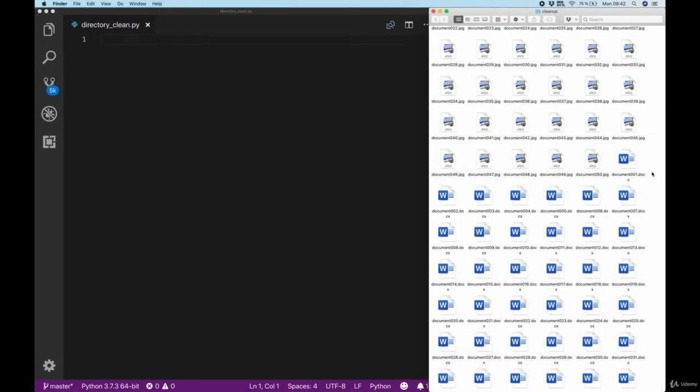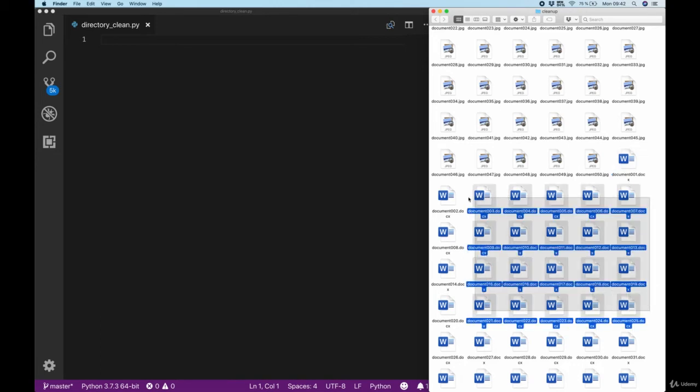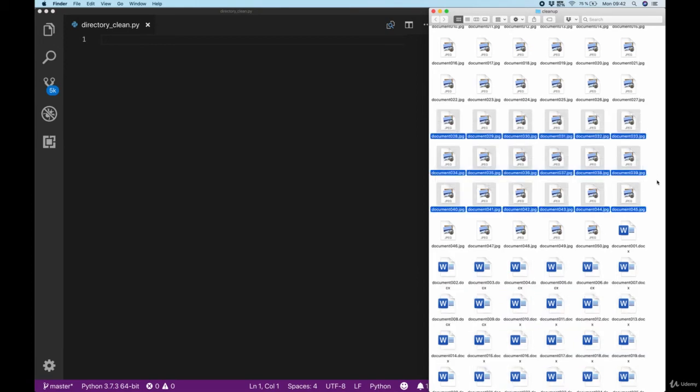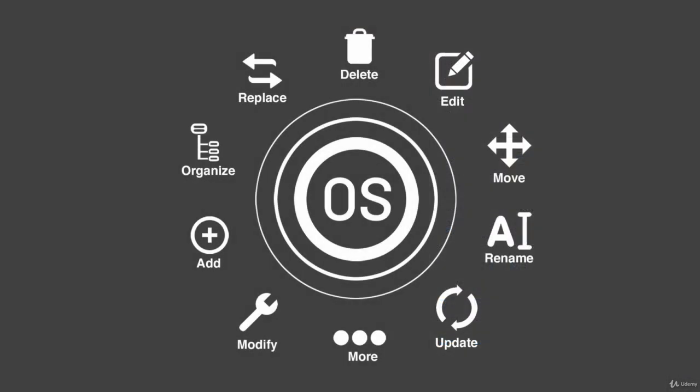One of the projects we're going to create here is a cleanup script for directories. And as you can see, sometimes we have a lot of files that are just laying around and we want to clean up and move them into their respective folders. We will only create a few projects here that are covering most of the tooling that you need in order